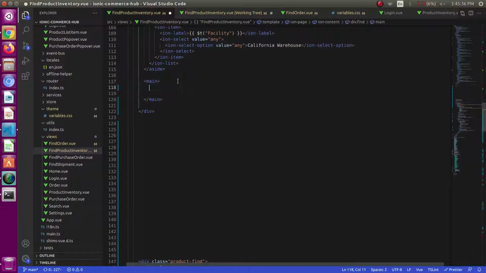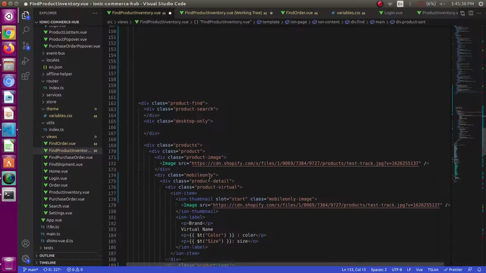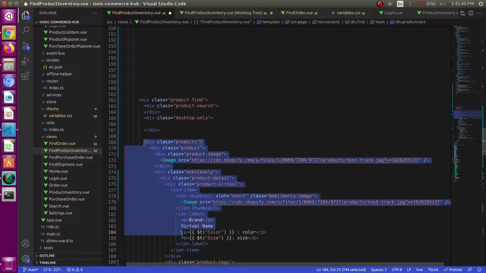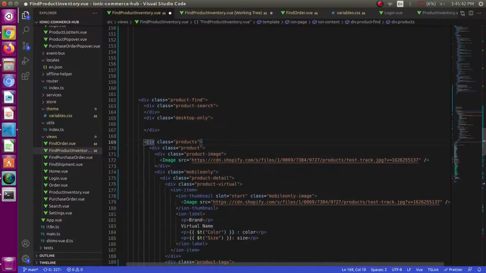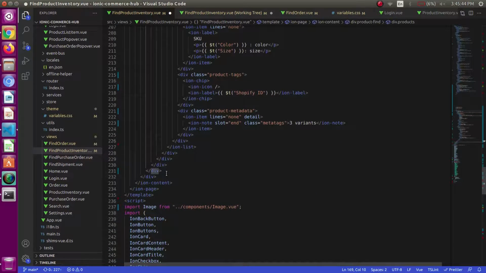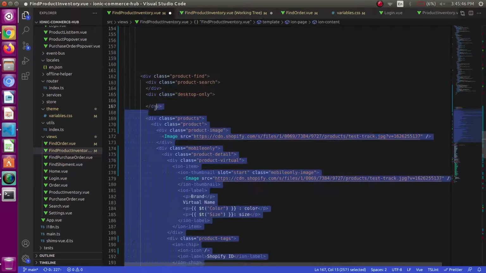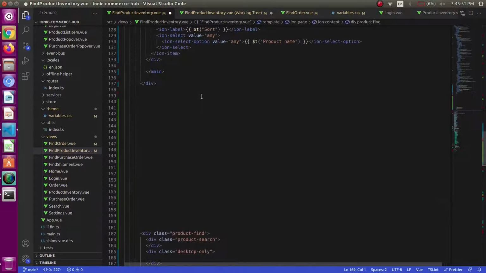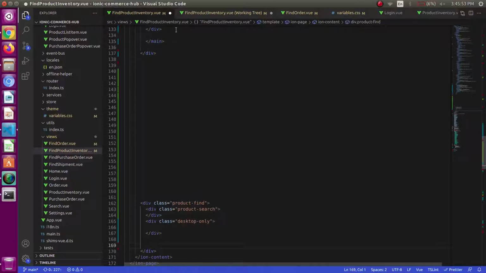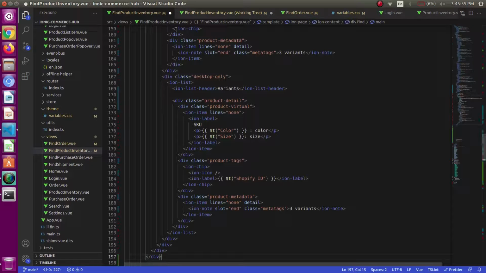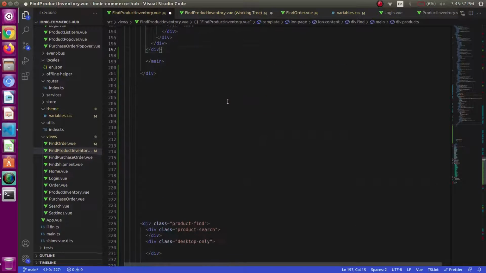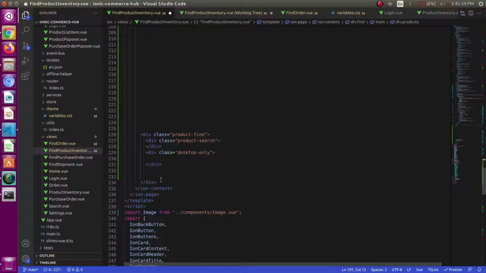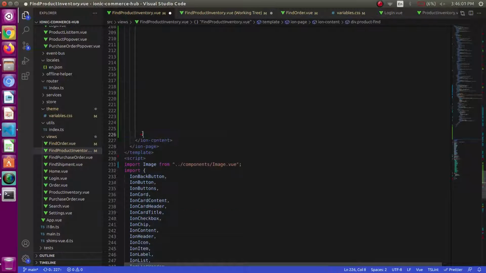It is easily recognizable. Then we have the new thing over here, that is the sort. So I have used a section sort for that, and after that I have the product part. Just remove all of this.